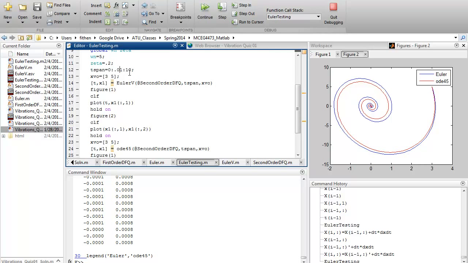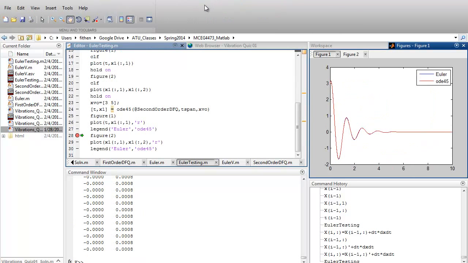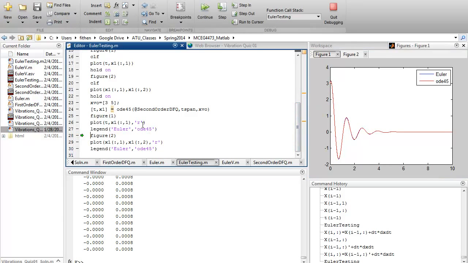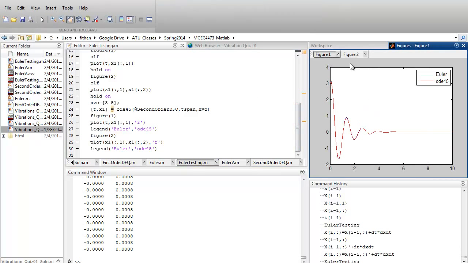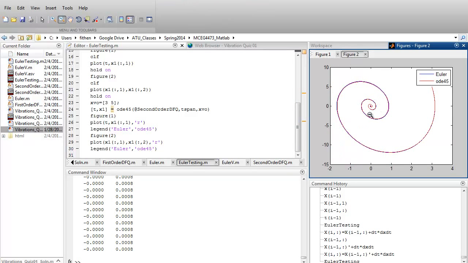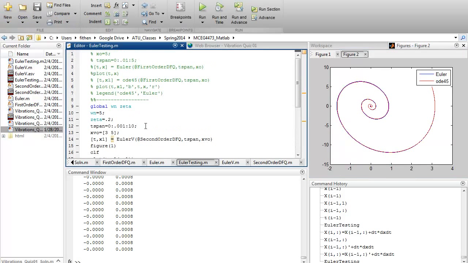Okay, then I'm going to run it with a higher resolution. Go ahead and take that off and continue it all the way through. What you find is that they do converge to each other, and that should give you a comforting feeling that if I use a small enough time step